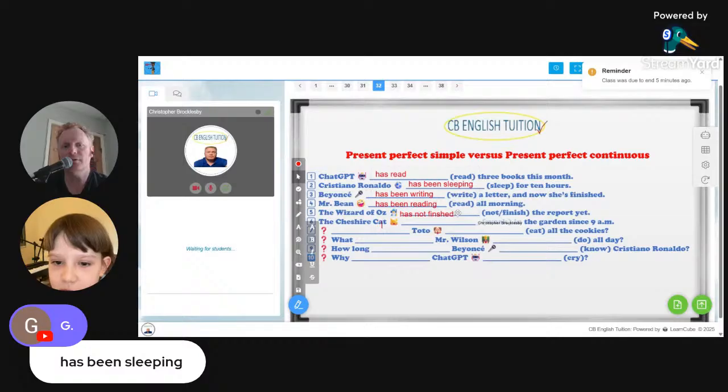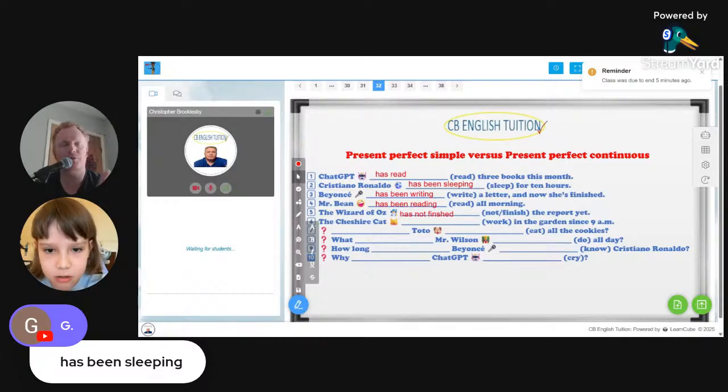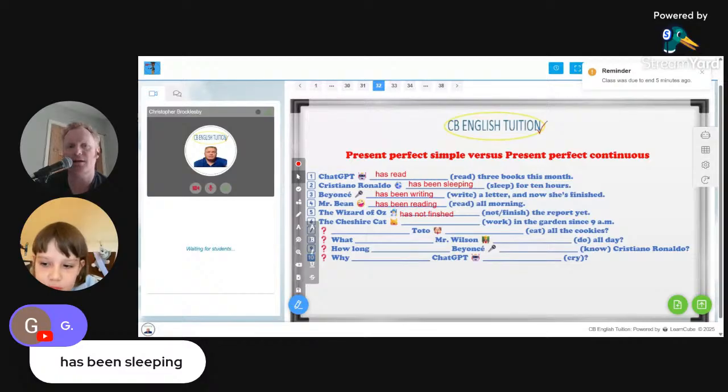Okay, now we have a sentence about the Cheshire Cat. Do you remember the Cheshire Cat? Yes, from Alice in Wonderland. Cheshire is a place in the north of England, and it has a famous cat in the Alice in Wonderland book. Okay, number 6, the Cheshire Cat. Can anyone put the answer? Oh, no, it was still number 5. Sorry, Varvara, let's just give everyone 10 seconds to do the Cheshire Cat.